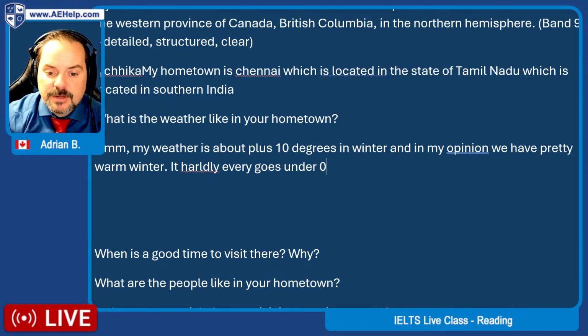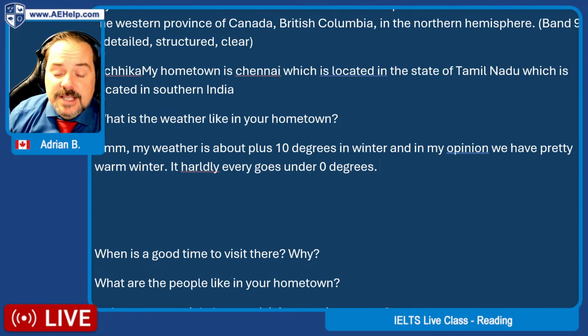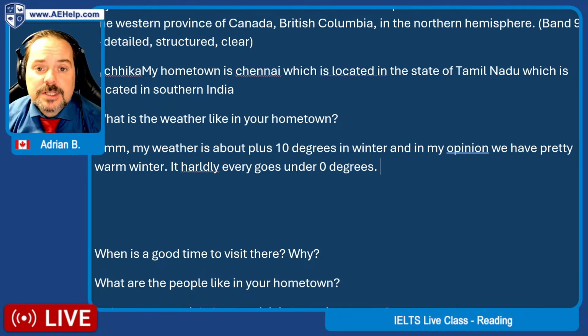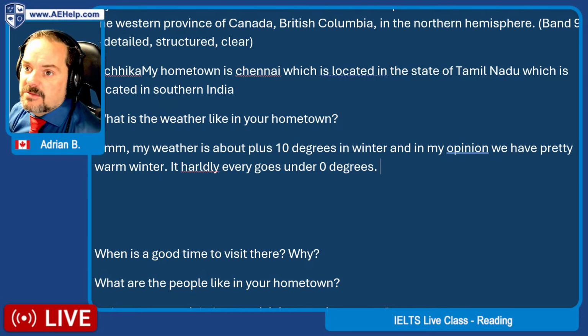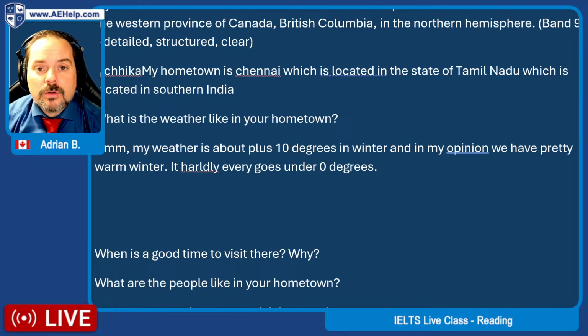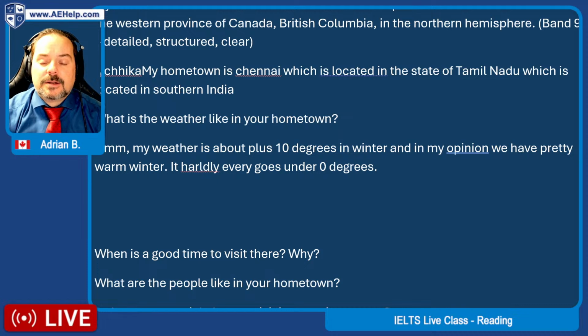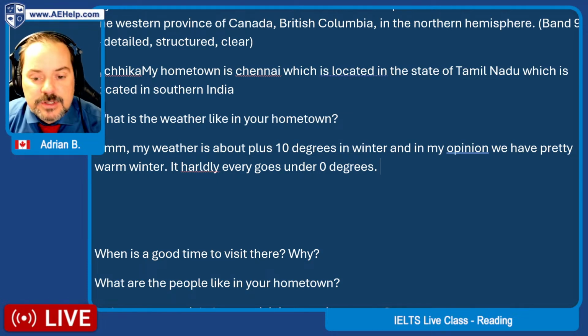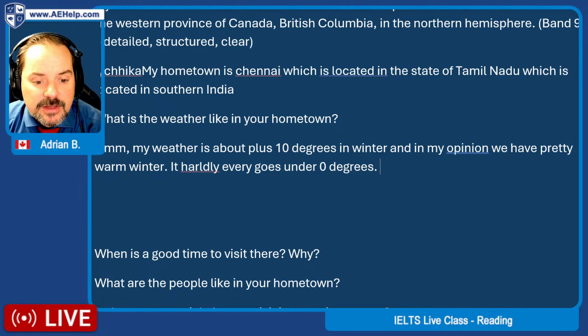Okay, let me just stop there and give you some feedback. My first reaction as the examiner is, okay, the student is fluent, they're comfortable with English, and they definitely have, I would say, good English. Without looking at the marking and all of the detailed mistakes of grammar and so on, the examiner would say, okay, this is at least about a 7 to maybe 7.5. Let's see how they progress.